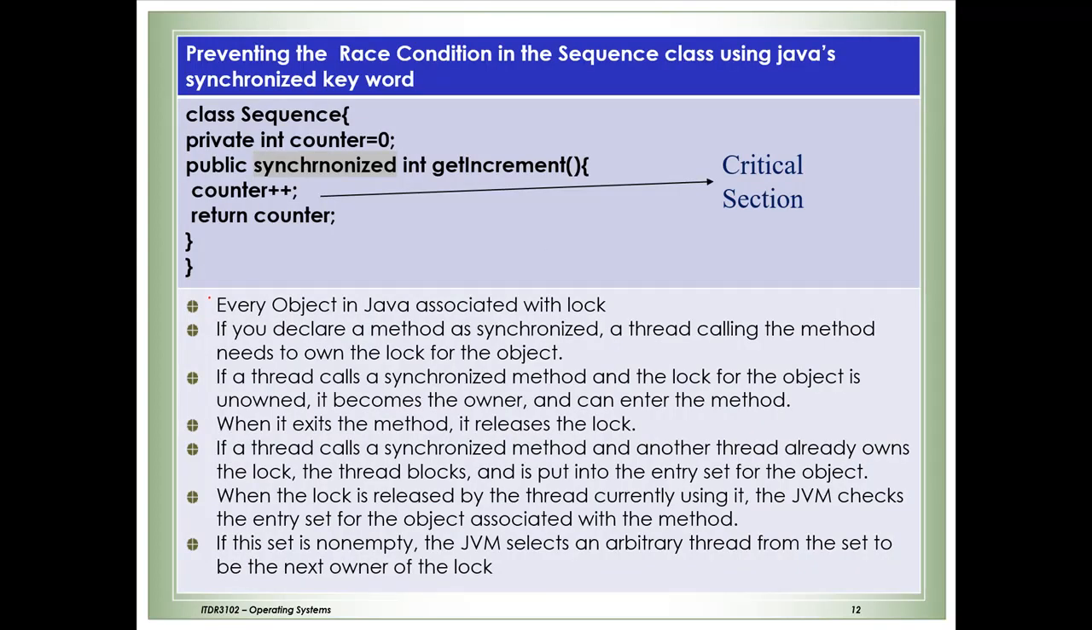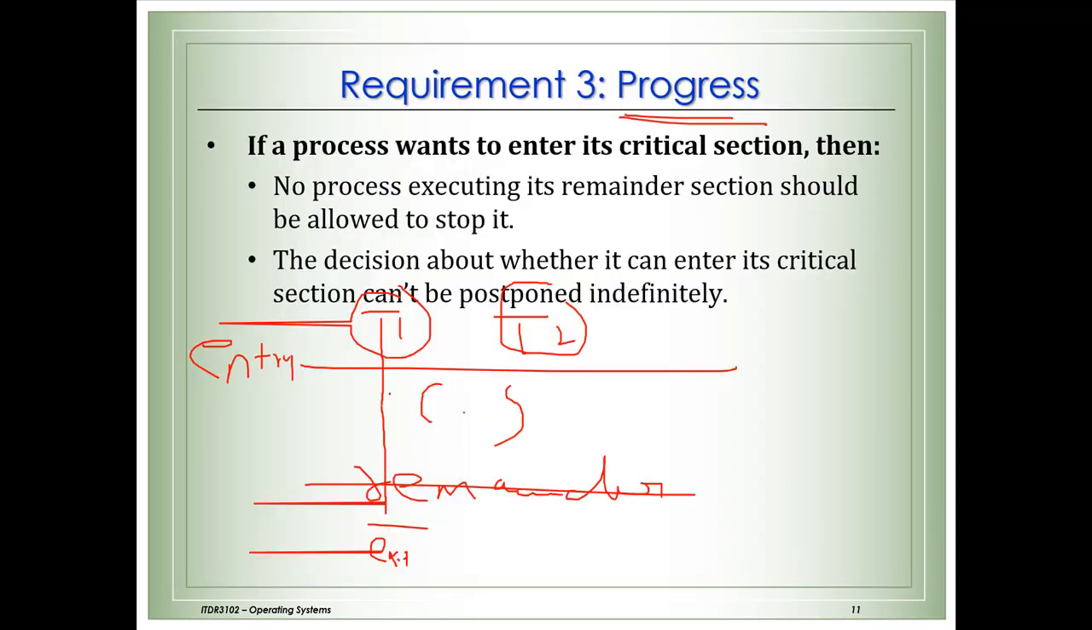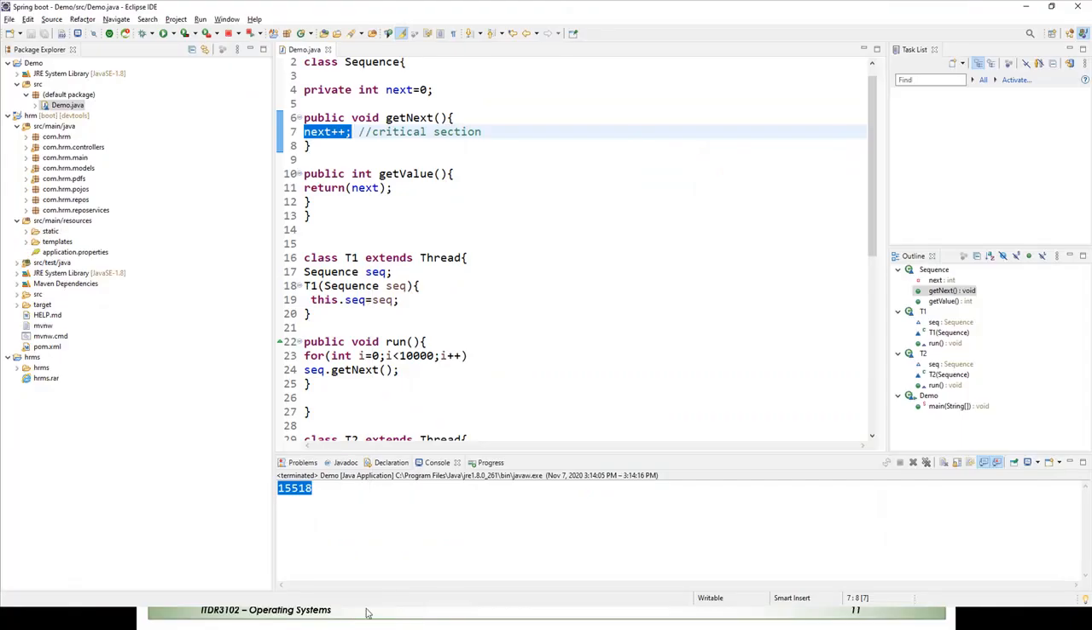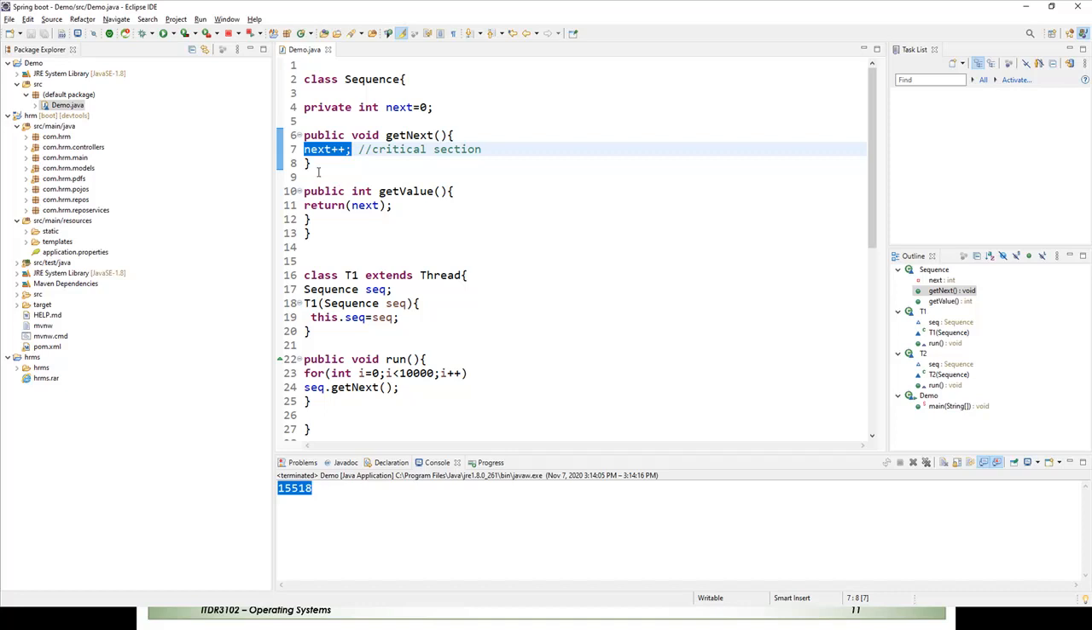I do not want to go very deep into this, and I do not encourage you to go deep, since you will see it in concurrent programming. But now what I want you to learn is the solution. We are discussing the race condition problem. What is the solution? There are many solutions. One of the solutions is